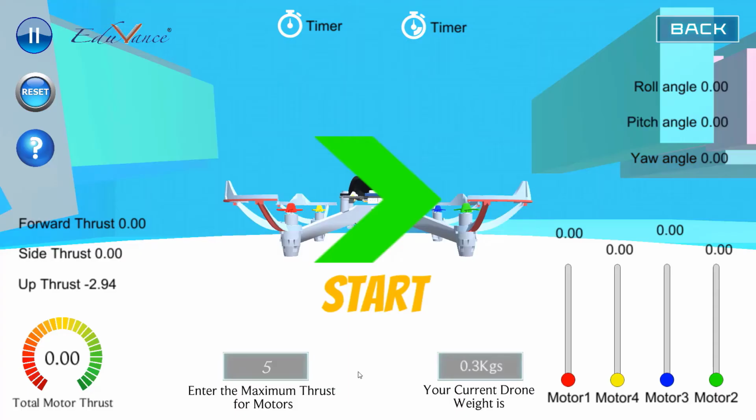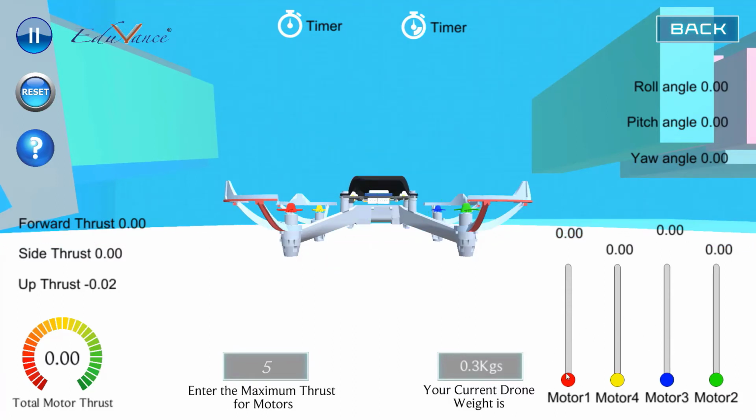Now how did we do this? Let me explain this to you. We first increase the RPM so that the drone starts hovering. Then I increase motor 1 and motor 2, because as you see, motor 1 is red, motor 2 is green, and if I need to pitch forward, motor 1 and motor 2 need to generate more lift so that the drone starts moving in a forward direction. For me to stop the rotation in the forward direction, I have to make sure that all four of them are equal.